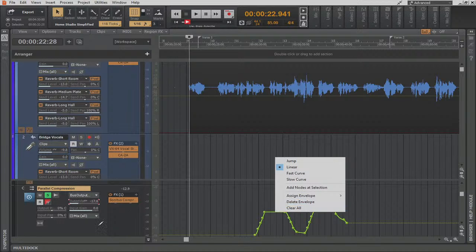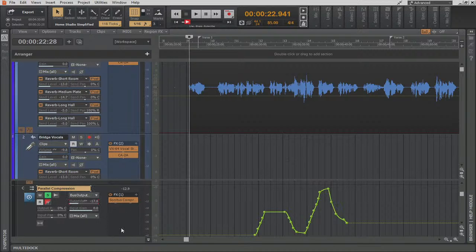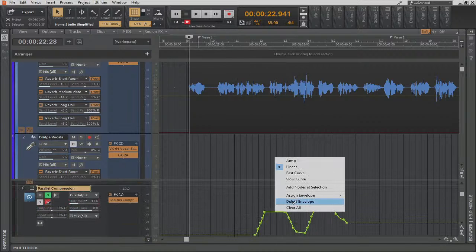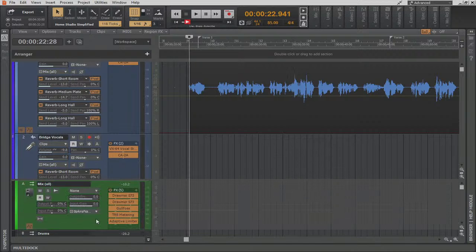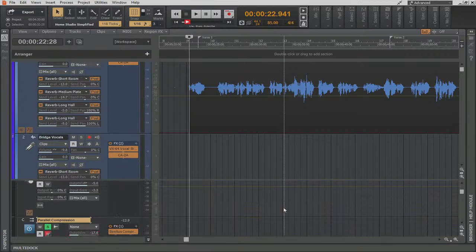Okay. So as you can see though, I'm actually on the bus pane. So I just did that on a bus. So it doesn't have to just be only on the tracks. That's really cool to know too, because a lot of times what I'll do on my master, on my mix bus, is at the very end of the mix I do volume automation where I just make it come up like 1 to 2 dBs and down 1 to 2 dBs, all over the place. Sometimes I'll even randomize it just to create a little bit of extra energy. Those little changes in the volume a lot of times will sort of draw people into the song. It makes it sound a little more dynamic. So yeah,